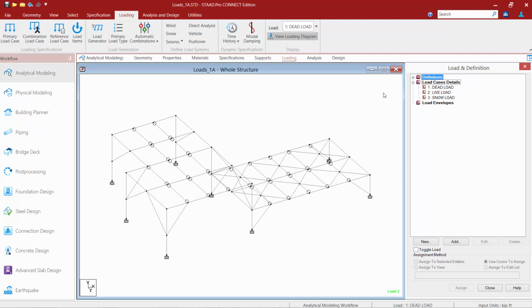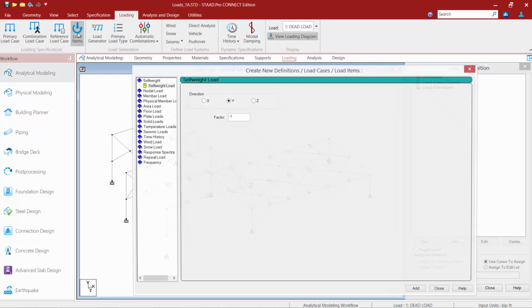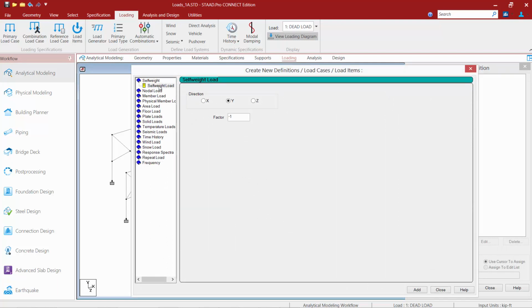Now, the self-weight is not automatically included in your STAAD Pro model, but you can add it in simply by adding in a load item within your dead load case. So the first step in our workflow is to highlight the load case where you want your load item to appear, which for this case would be our dead load case. Once we've done that, we're going to go to the Loading tab in the ribbon toolbar and click on our Load Items icon. Now, upon selecting that, the self-weight load is the first in the list over at the left-hand